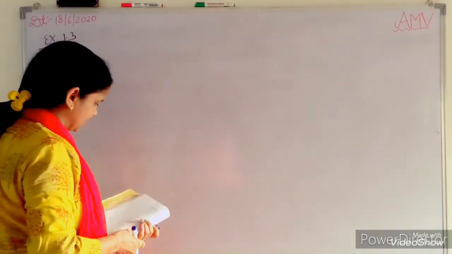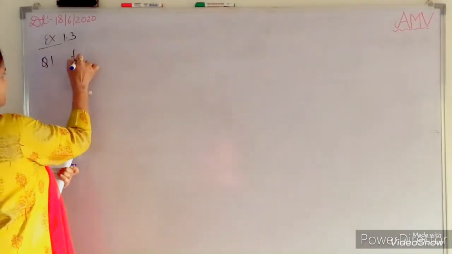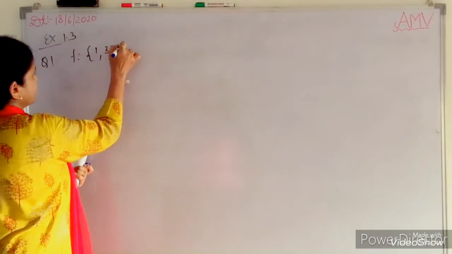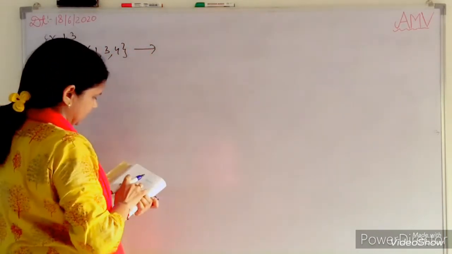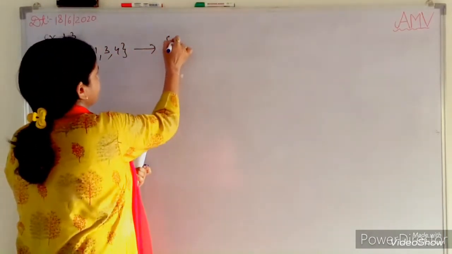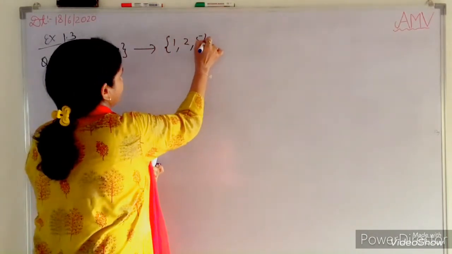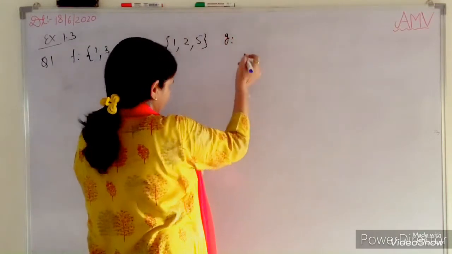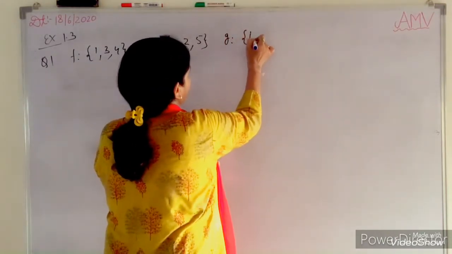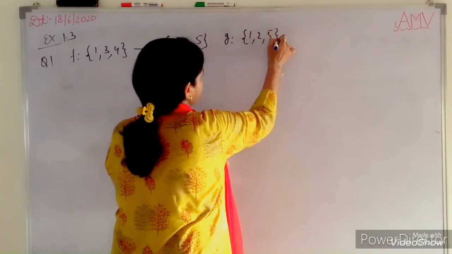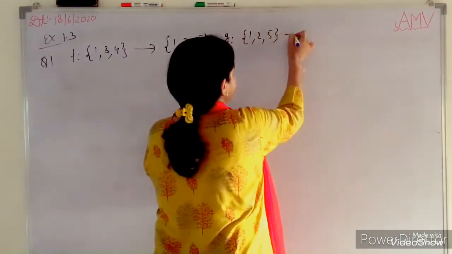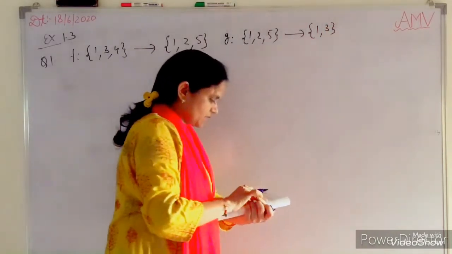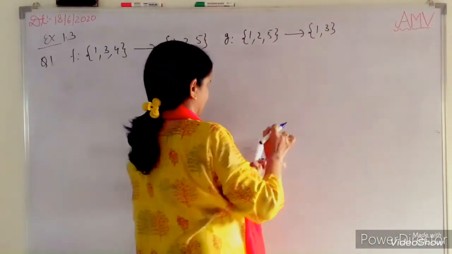Here it is given that f is from {1, 3, 4} to {1, 2, 5}, and g is from {1, 2, 5} to {1, 3}. Also write the question, student, be given by